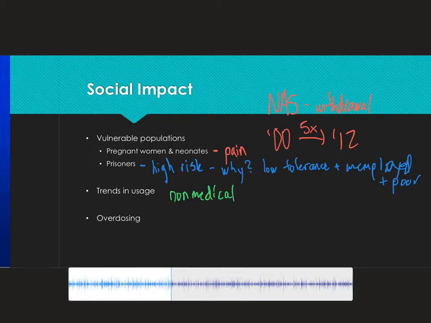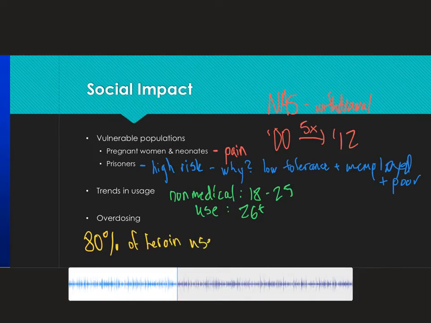poor. If we look at some of the trends in usage, the age group with the greatest past year non-medical use of opioids is young adults aged 18 to 25, yet the greatest use, i.e. exposure, of prescription opioids is among adults aged 26 and older. Roughly 80% of current heroin users reported that they began with prescription opioids. The national death rate from opioids has increased fourfold, but it's very difficult to account for this because heroin users and opioid users are not mutually exclusive.